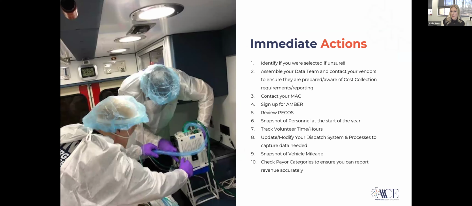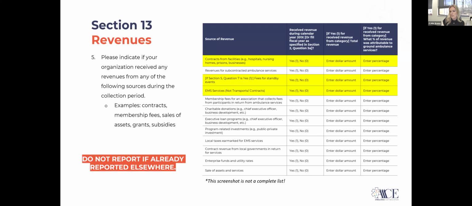Talk through that. So what else on revenues? Membership fees. So this is a really small snapshot of all the options that are actually available in the instrument. But the big thing is, again, along the same theme, going through your expense reports, make sure you're looking at your revenue and crosswalking that to the tool and that you're ensuring that it's been reported so they can get an accurate depiction of total revenue, total cost.